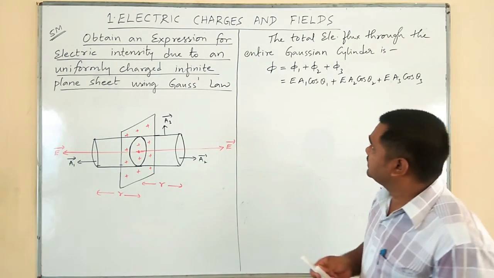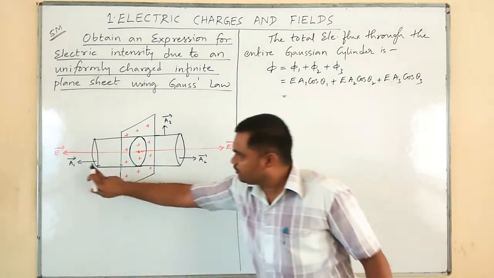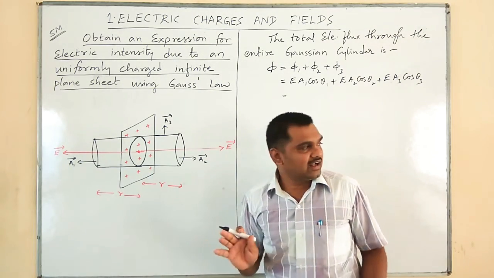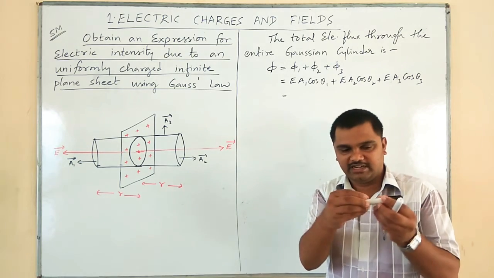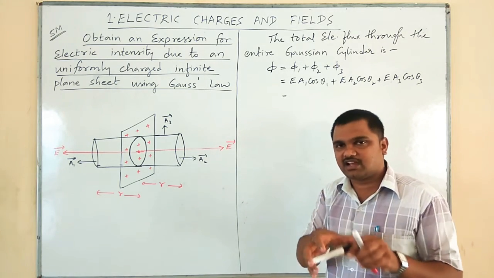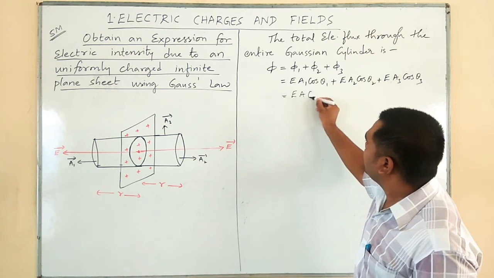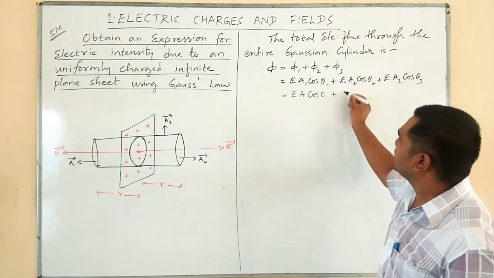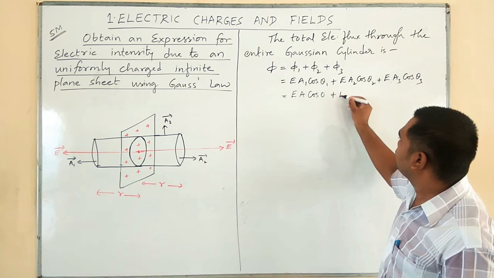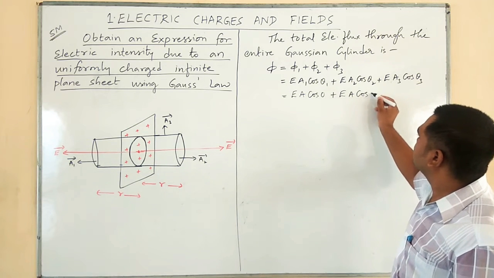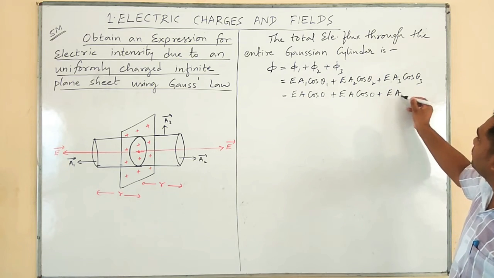For our convenience, let us make this A1 simply A. Then this is also A, according to the property of a uniform cylinder. Both the flat surfaces have the same magnitude of area. Therefore, it is E A cos 0 plus, similarly, the angle between E and A2 is again 0, therefore E A cos 0 plus